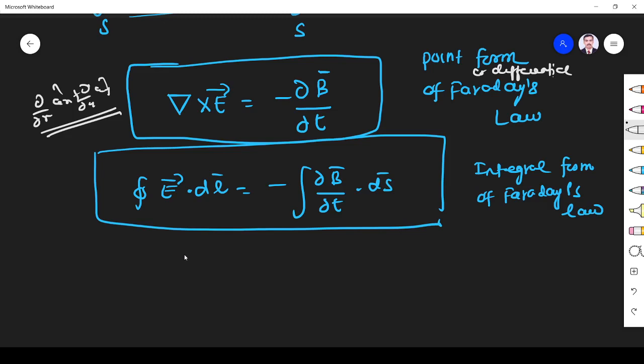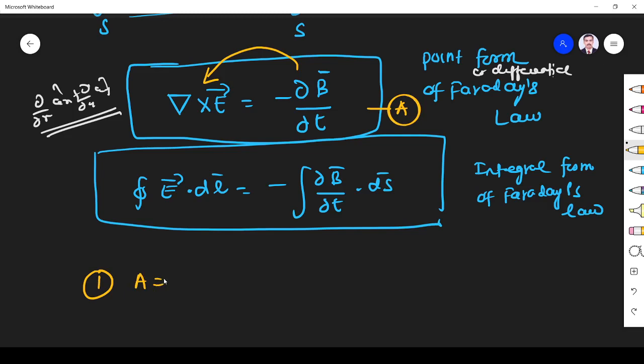Now let us understand why these equations are very important. What I told in the introduction session will be discussed here. The first thing we understand from this is that a change in magnetic field with respect to time creates a change in electric field. Del is a change, dou by dou x. So del is the change in field. For the first time we are relating B and E. Let us call this equation A.